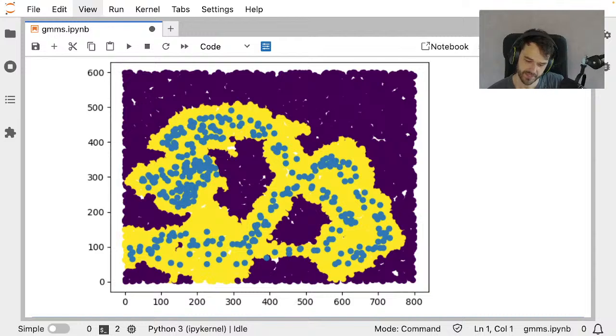And then we kind of get something like this. So the yellow points indicate you're within the quantile region that we find agreeable, and the dark colors indicate that you're outside of it.